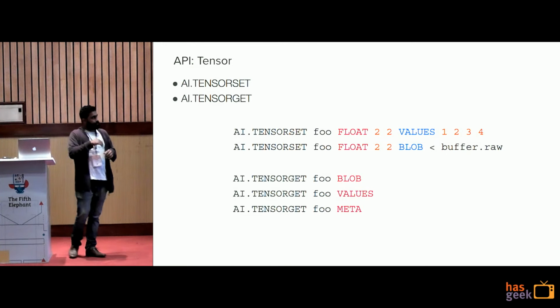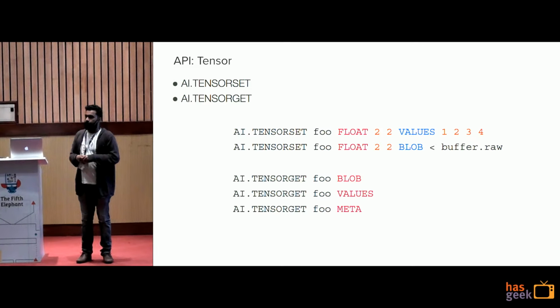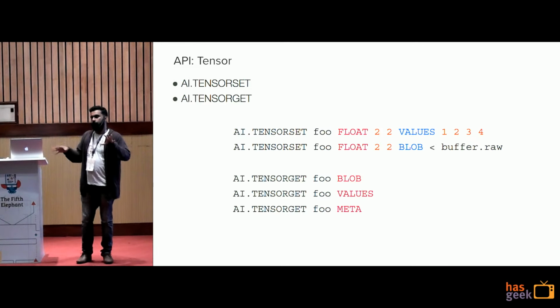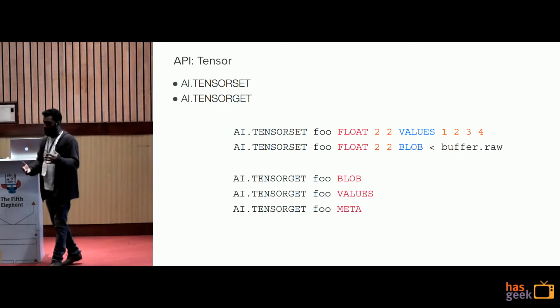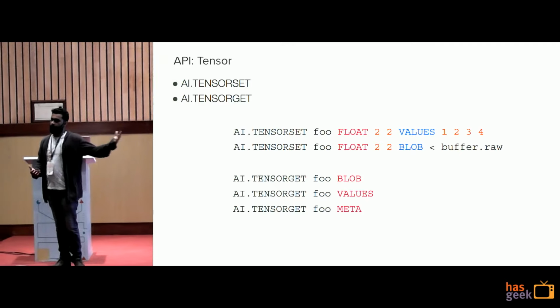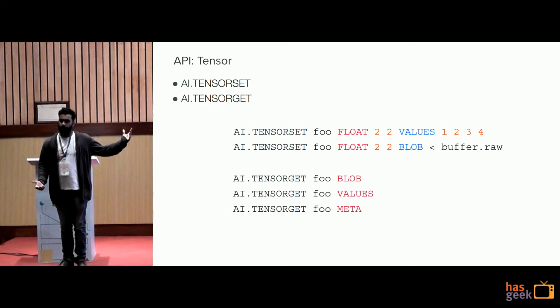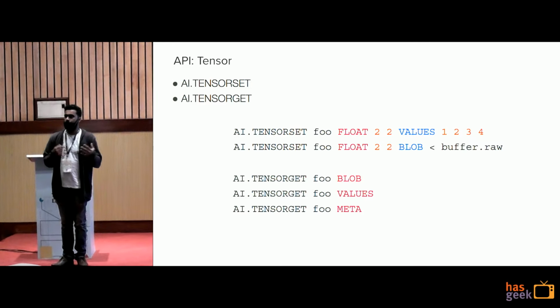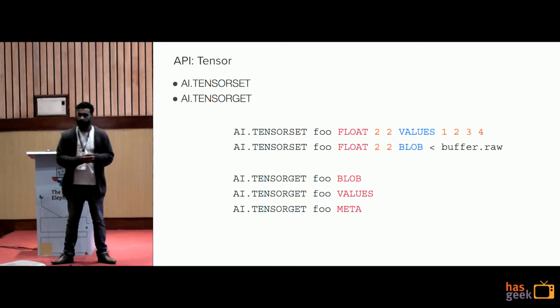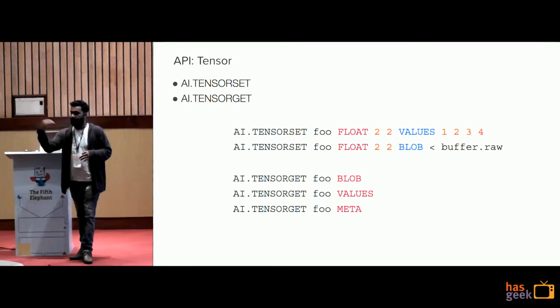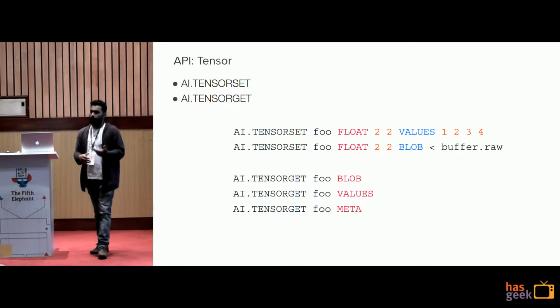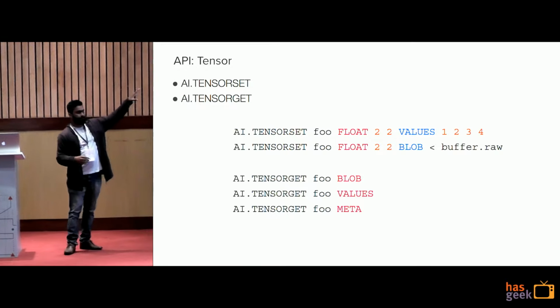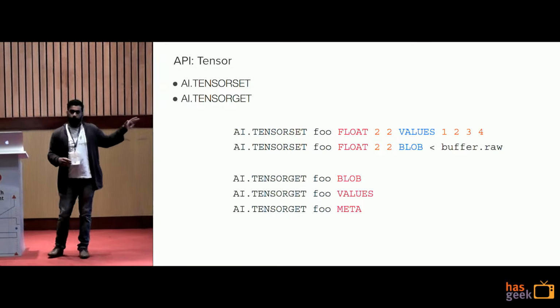So I'm going to introduce a couple of APIs of RedisAI. For a deep learning runtime, what do you essentially need? It's not training. It's not going to let you train. It's just for executing the models. You should be able to send your tensors to the runtime, you should be able to run it, and get the tensors back, right? 3 operations. So you essentially have tensor set and tensor get.